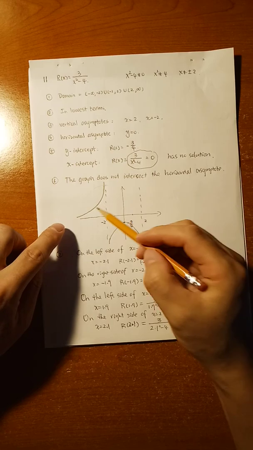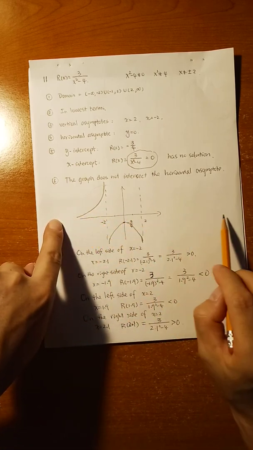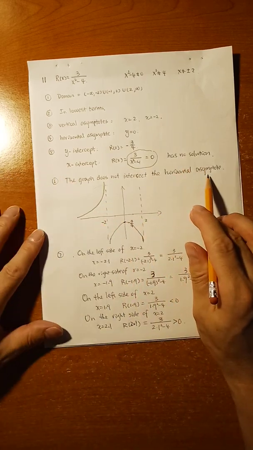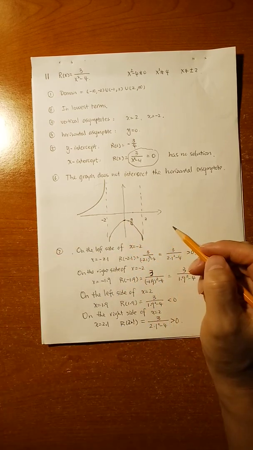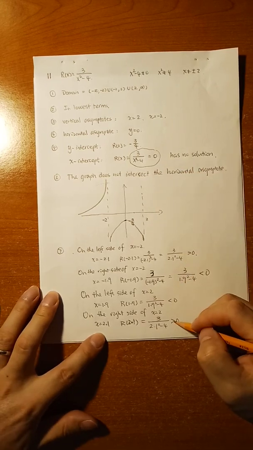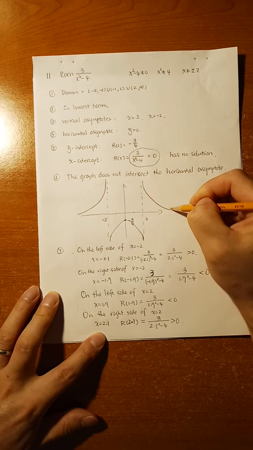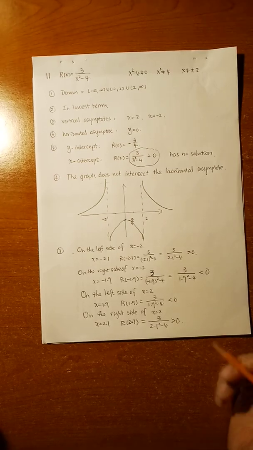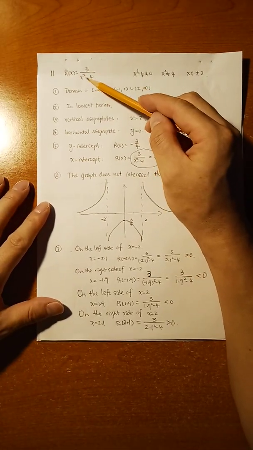The horizontal asymptote only matters when x approaches negative or positive infinity, the left side or right side. In the middle, you don't consider anything about the horizontal asymptote. You just use a smooth curve to connect them. On the right side of 2, the function is positive, so it goes to positive infinity. You check how you do it for the left side, and you do it for the right side. Also, because this function is an even function, which we didn't emphasize,